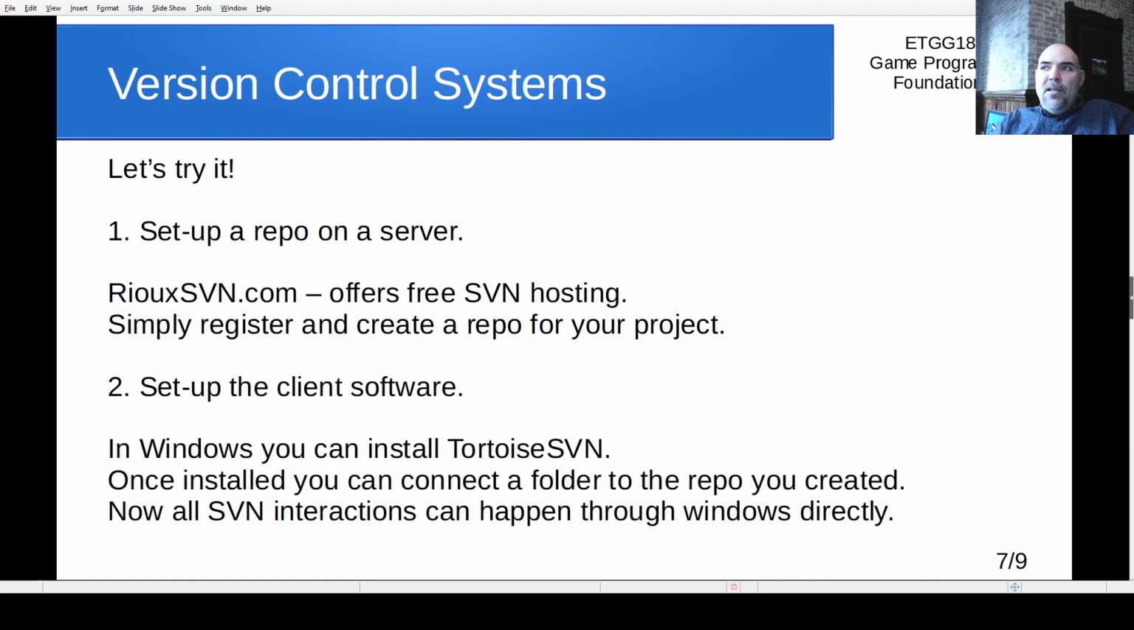That will give you a link to your project on their site that you then use to set up the client software, put in that link, and then you're ready to go. For the client software, I'd recommend using Tortoise SVN. Once you have that installed, you create a folder on your file system, and then you can right click and then say